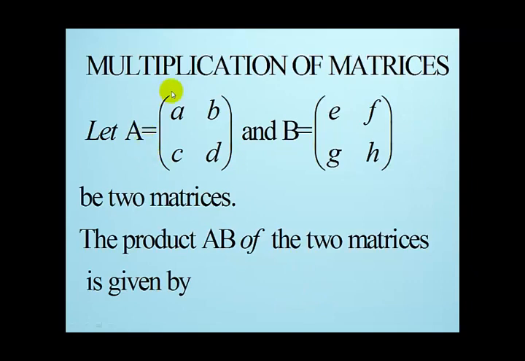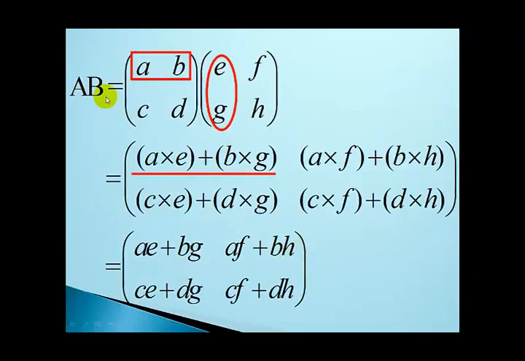Now let's look at multiplication of matrices. Let A be equal to [a, b; c, d], and B be equal to [e, f; g, h], the two matrices. The product AB of the two matrices is given by AB equals [a, b; c, d] times [e, f; g, h]. Now this is the principle or the idea behind multiplication. If you have two matrices multiplying as shown,